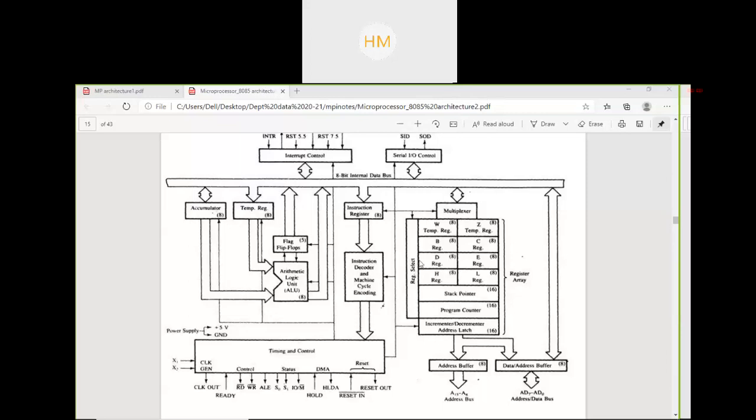Okay, what is this known as? Please answer in your chat box. What is this block known as? And what is its role?